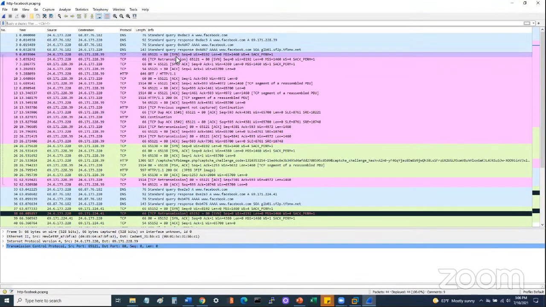Within here, there's a sequence number. So it starts off with sequence number 0, and then the next time that this particular device sends out, for example, another packet, the next sequence number should be 1. And then on the other side of the conversation, whoever I'm communicating with, they've got their own sequence number. So let's say their sequence number starts at 70. Their next packet that sends out is 71. And the sequence numbers are not related between the two parties that are communicating.